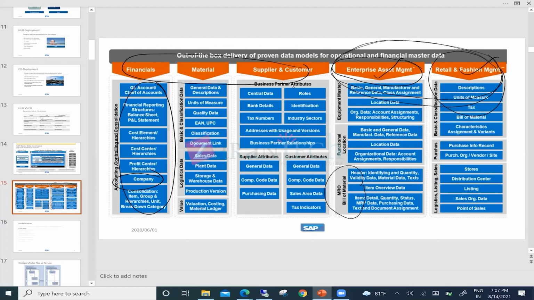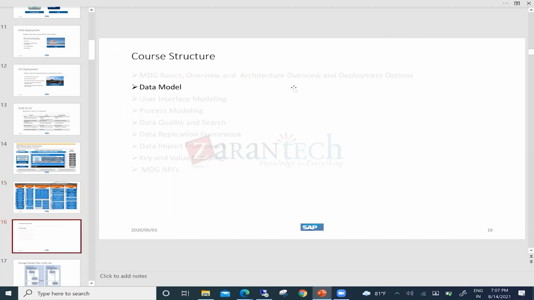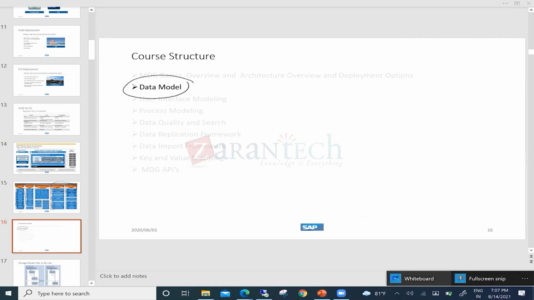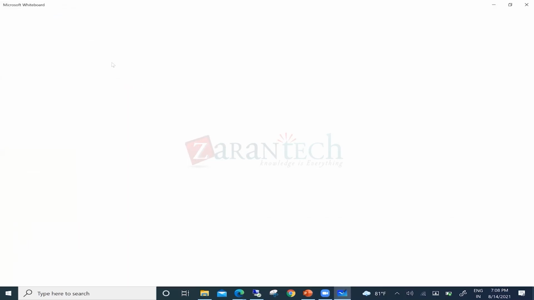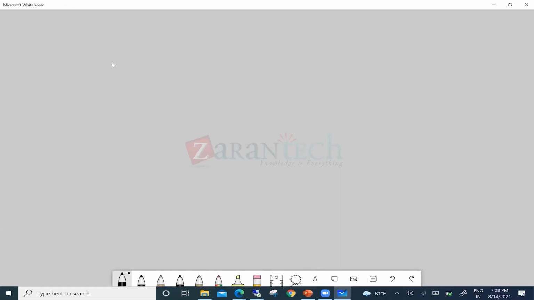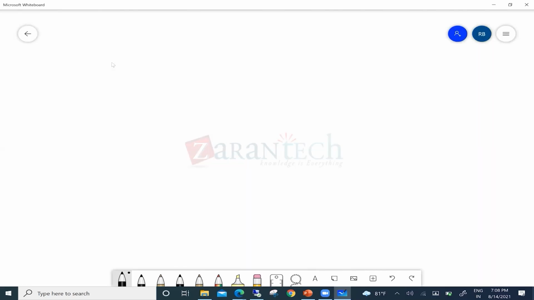Okay, now coming to the next topic in MDG, which is the data model. Okay, so what is this data model? As we talked earlier, there is a staging area in MDG. Let me draw the picture here. In ECC, for every master you will have some set of tables. For material master, I have MARA as one of the main tables, and you will also have MARC,